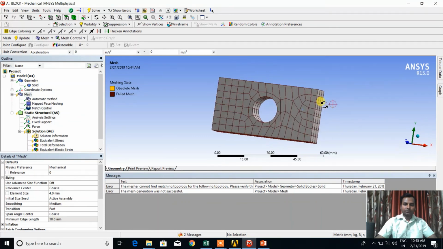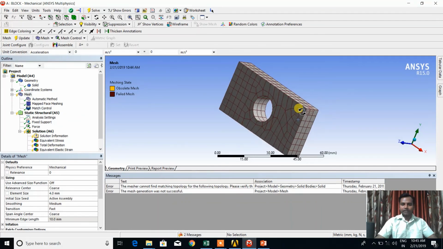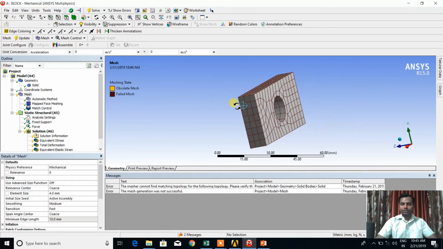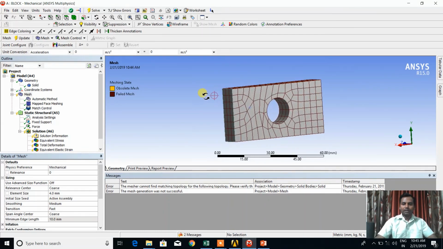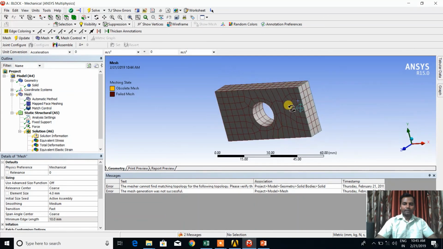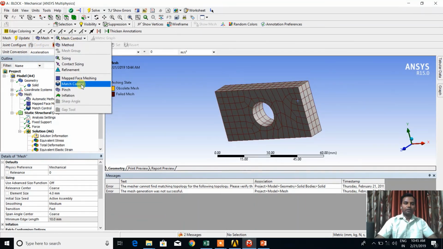So you can check on both sides the element meshing is completely same. Okay, so this is nothing but the match control. Pinch is nothing but if the embossing is available on the body, you can take the pinch command, and in the pinch that embossing will be removed. Okay.